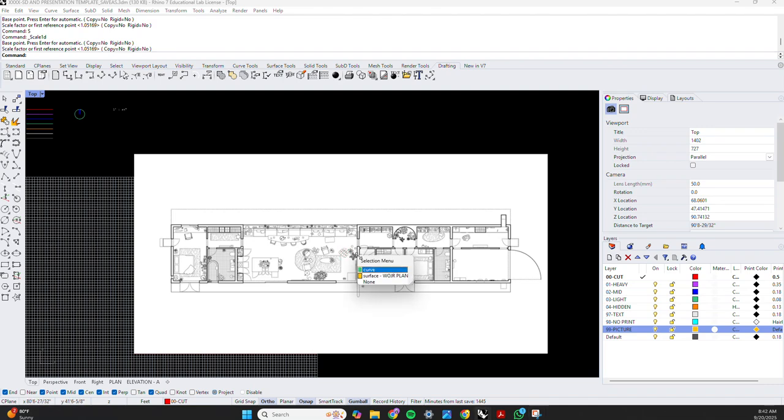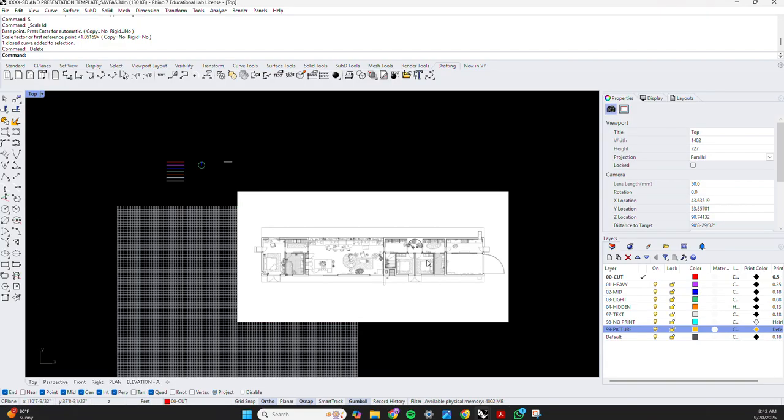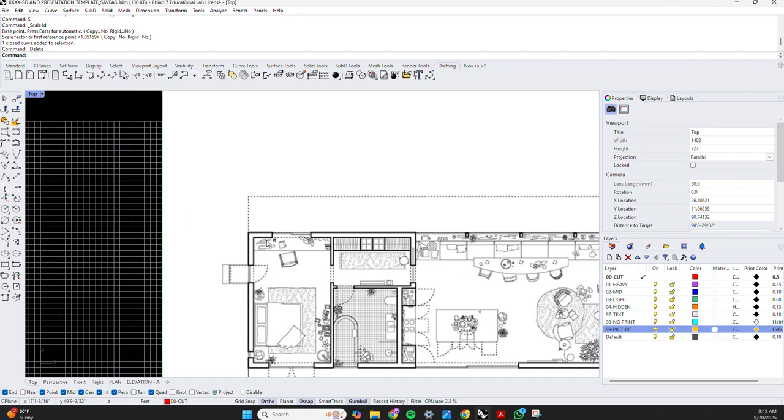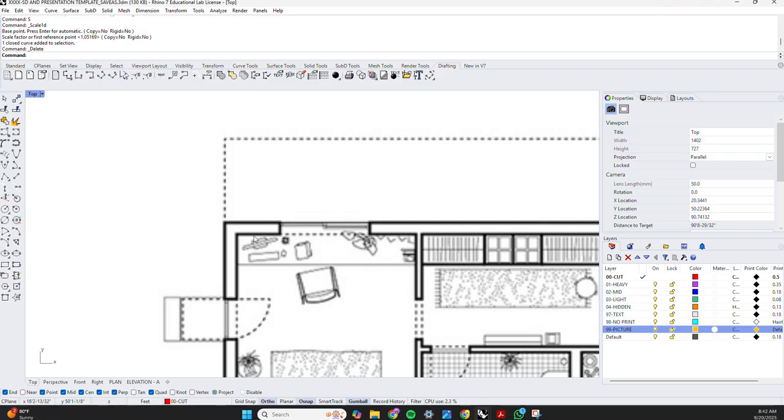So in this tutorial, what we're going to do is look at the importance of ortho mode, and also how to draw in Rhino, and particularly to document in Rhino in a precise and rigorous way. This is especially important when we're using, as we are here,